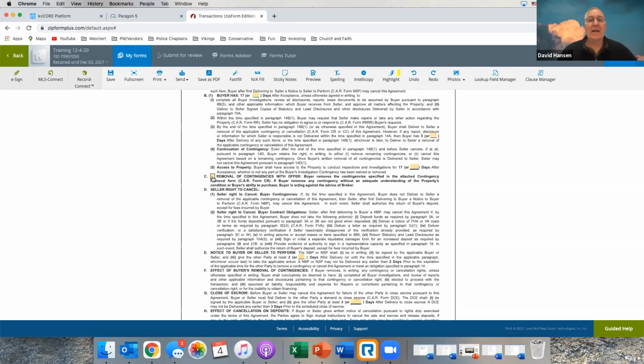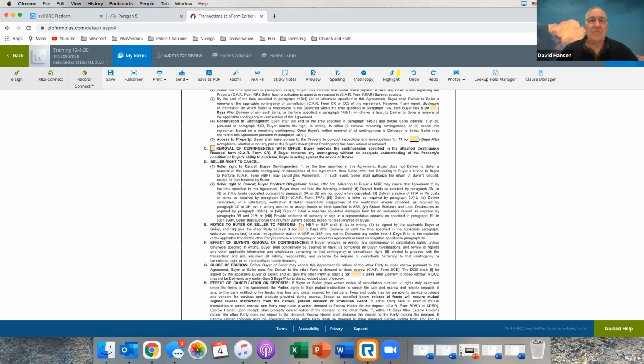And so you can do that. I do not recommend doing that because if you do that, then at the very minimum, they back out, they lose their security deposit. If you get one where they removed all contingencies with the offer, so say it's a $700,000 house and they're doing a security deposit of $1,000, I would probably have the deposit increased to